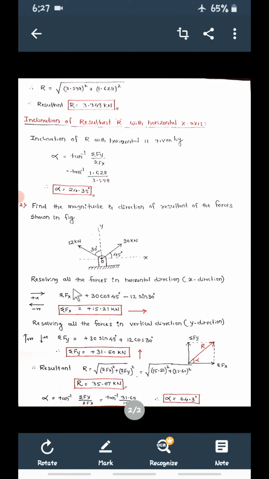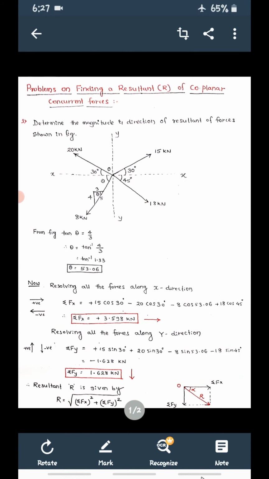Next, we have to find out inclination of resultant, right, with x-axis or with the horizontal. Now see, this resultant will be like this. Suppose this is x-axis now, okay, this is y-axis. So this resultant will going to make an angle of alpha with x-axis or with horizontal. So this alpha we have to find out. Okay, this alpha is equal to what? Now if I take tan alpha, so tan alpha is equal to, this is summation Fy and this is summation Fx. That is, tan alpha is equal to summation Fy divided by summation Fx.